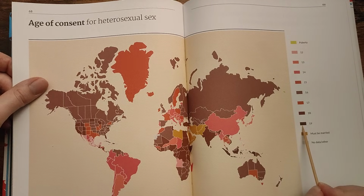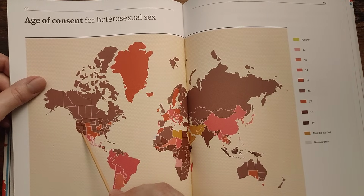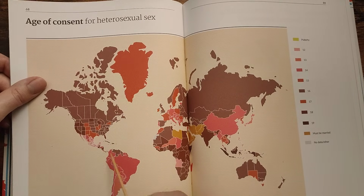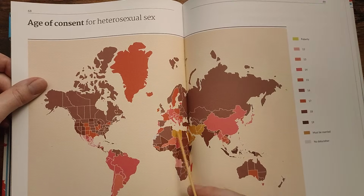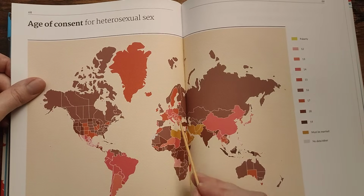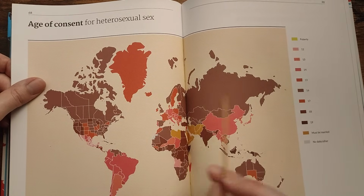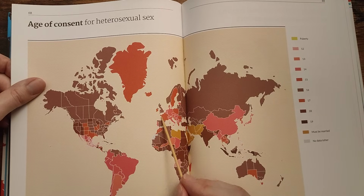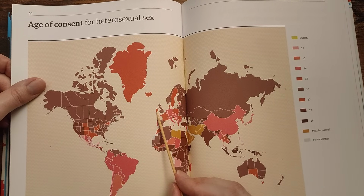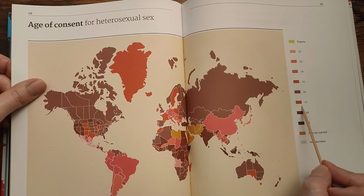It's difficult for me to tell the colours apart, but parts of the USA, so it's California 18? So where's 19? Maybe Turkey is a darker colour. 18? 19? So the UK is 16. The colours I find quite difficult to read in this one. Is that suggesting that Ireland is less than 18 or is it over? I can't tell. The colours were 15, 17. I think I'm a little bit